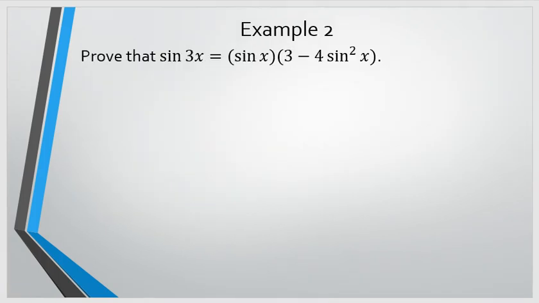Now that we have proven why those double angle identities are true, well, we've proven one of them anyways. We can prove the others as well if we need to. But now that we have proven that they are true statements, sometimes the question will just say perform a proof like that: sine of 3x equals sine of x times 3 minus 4 sine squared. So now I'm saying you are welcome to use the double angle identities since we have just shown that they are true. However, you'll notice that sine of 3x is different